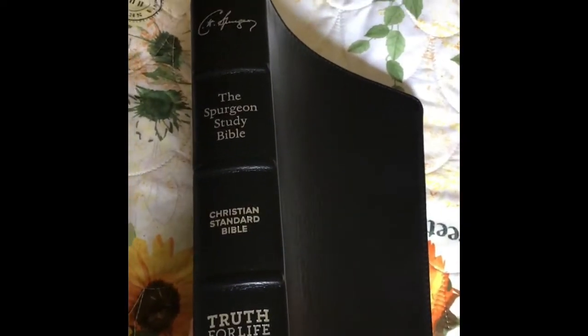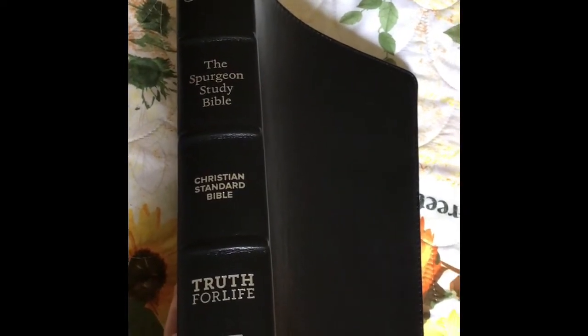This is the Spurgeon Study Bible in genuine leather. You can see here's the spine. I got it from Truth for Life online, and it was only like $30. I was really shocked by the quality of this Bible for the price that I got it for. So it's genuine leather. It has perimeter stitching. You can see it has a copy of Spurgeon's signature here in the corner. It has 2 ribbons, sewn binding, paste down liner,